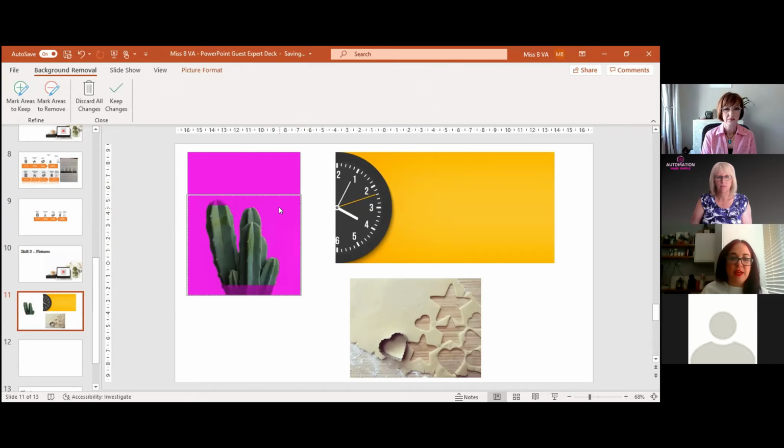So anything that is in purple is basically going to be removed from the picture. I want to make sure that all my cactus is in it, so I'm going to go to keep areas to keep. And then literally you just click with your mouse on all the areas you want to keep, and you do have to click sometimes quite a few times for some reason. Has that done all that bit up there? Normally that would pick it up, but of course it's not going to. So I'm just going to go to keep changes,